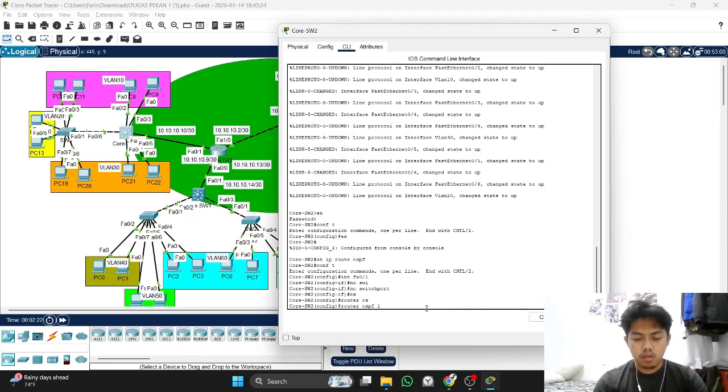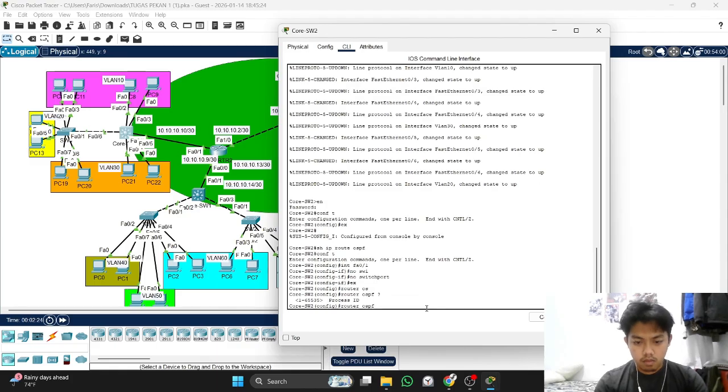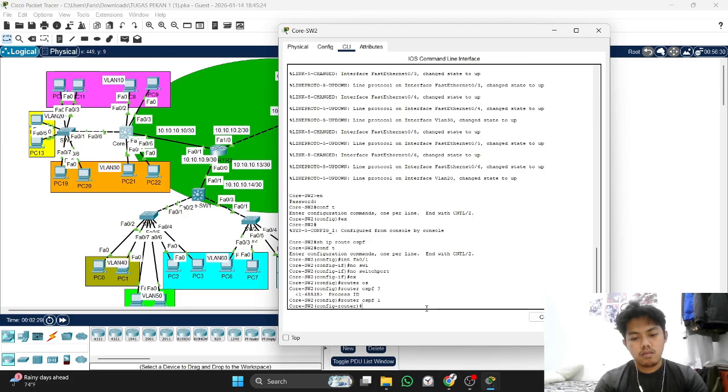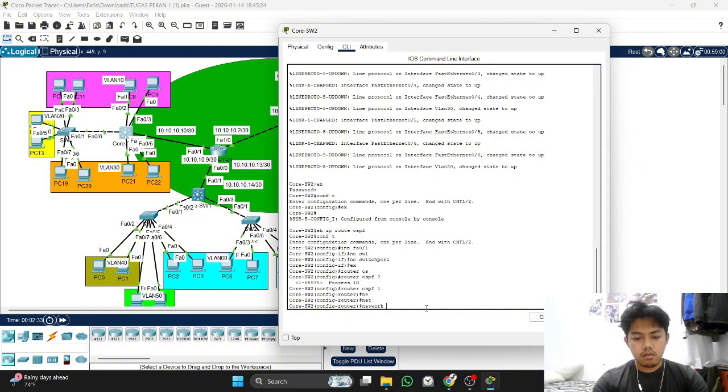Okay, next we start the OSPF. You write router OSPF 1, and then we will write the network. First, you look at this area. Our IP address is 10.10.10.10, and the opposite IP address is 9.